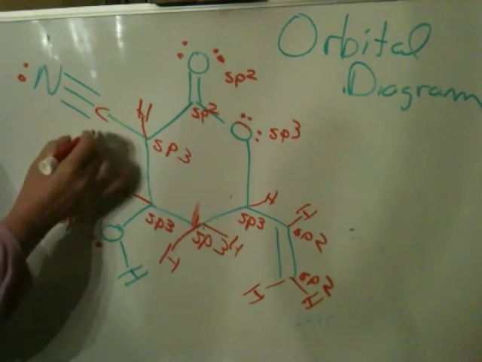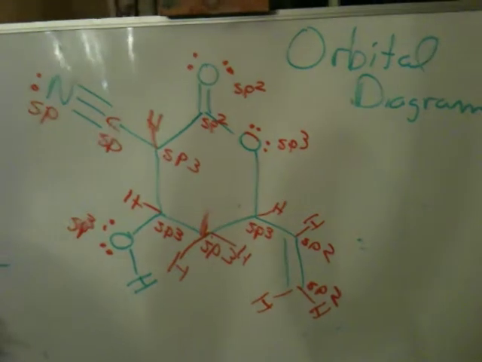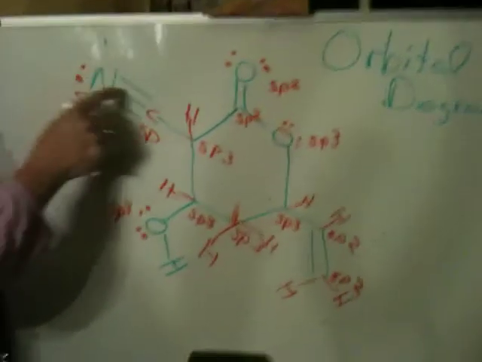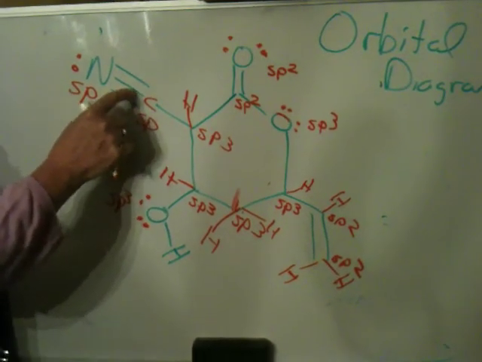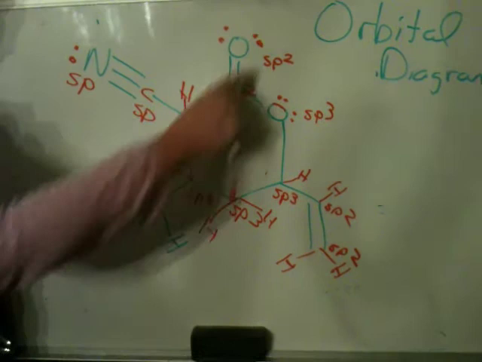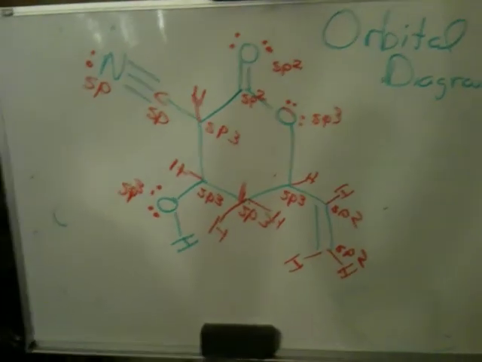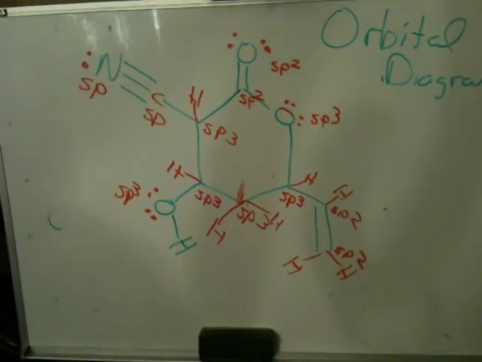This one, we did this one in class. This is sp. This is sp for the nitrogen. Now again, this is using hybridization theory. Why sp here? 1 lone pair, 1 sigma bond. 2 sigma bonds. Okay? So the hybridization is based on the number of lone pairs and the number of sigma bonds. Now, what I'm going to do is redraw this molecule without all those designations and start drawing the